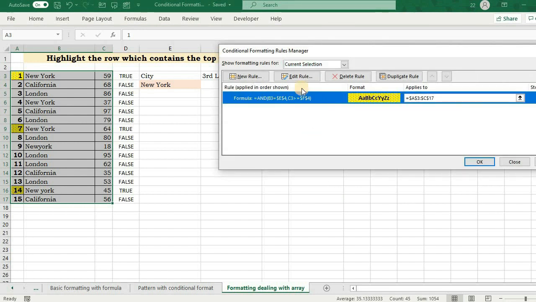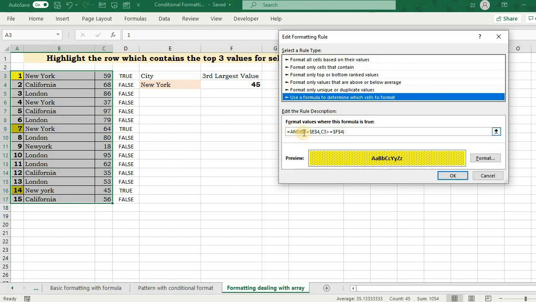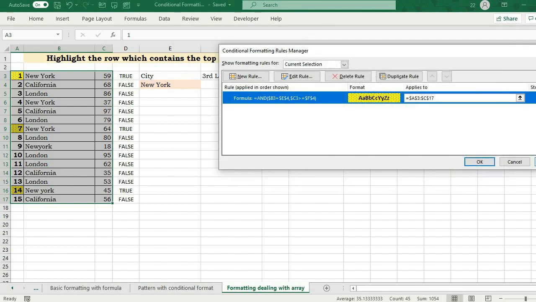So if you check that, edit rule, B3 is equal to E4. E4 is to be absolute, there is no doubt about that, but this test is always to be performed irrespective of where our conditional formatting cell is. So I need to assign this absolute, a dollar sign is to be applied here, and F4, is it okay? C3, I think C3 is also to be copied, so this is also to be given a dollar sign, and F4 will be fixed, obviously. Now see, it will work fine.